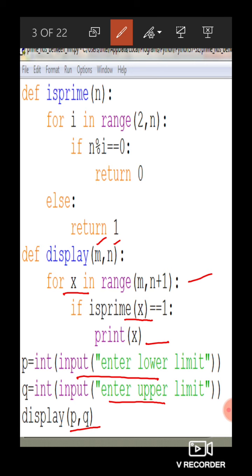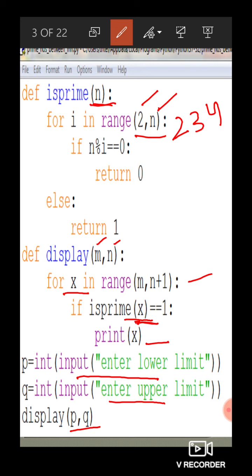So let us see what we have done in the is prime function. Here I have received the value of x, which was sent from here, in variable n, and now I am running a loop to see whether this n is divisible by any of the numbers between 2 to n or not. Now remember that at this point in this program, this loop will run from 2 to 1 value less than n. So suppose n is 5, then this loop will run for 2, 3 and 4.